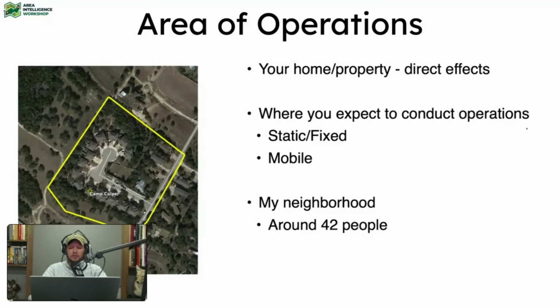So the first thing we really need to do is identify your area of operations. Where are you going to be? Now, in a less than worst case scenario, maybe we do go to the grocery store. Maybe we go to church on Sunday. Maybe we go to meetings at a church. Maybe we go down to City Hall, or we go to a community center where people are congregating and sharing information. Maybe we go to the farmer's market. Maybe we go wherever. If we go there, that's your operational environment. That is your area of operations. And so that's the area that you need to understand. Again, a much larger presentation that we can talk about later. But just for now, determine what your area of operations is for any given scenario contingency.